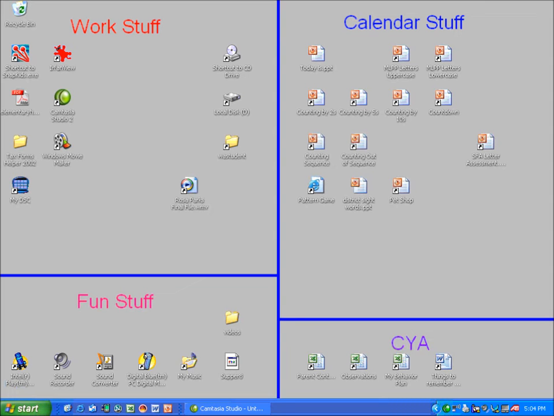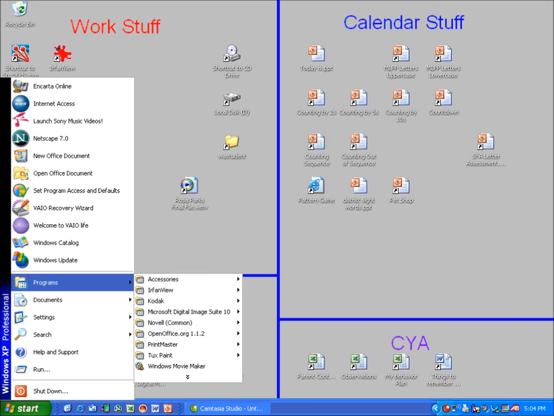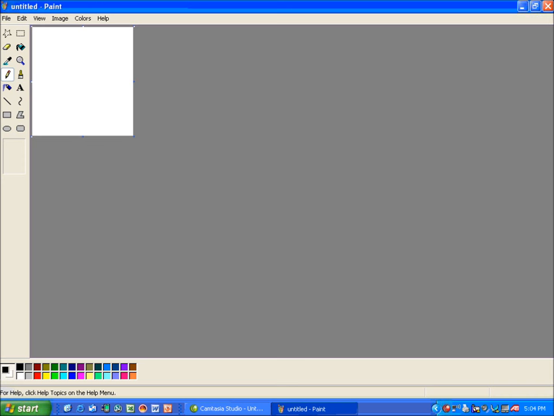First, you're going to open Microsoft Paint. That's Start, Programs, Accessories, and Paint. First thing you want to do is make sure that your palette is the correct size. If you're going to be viewing Tux Paint in 800 by 600, which I am, the measurements are 608 by 496. So you're going to go to Image,